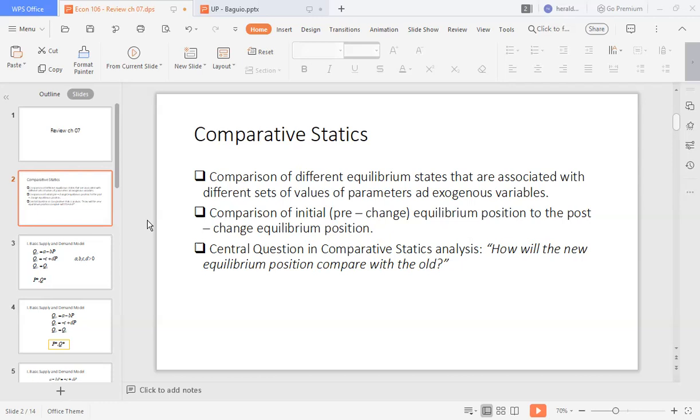So again, comparative statics uses partial differentiation just to know how the new equilibrium position will compare with the